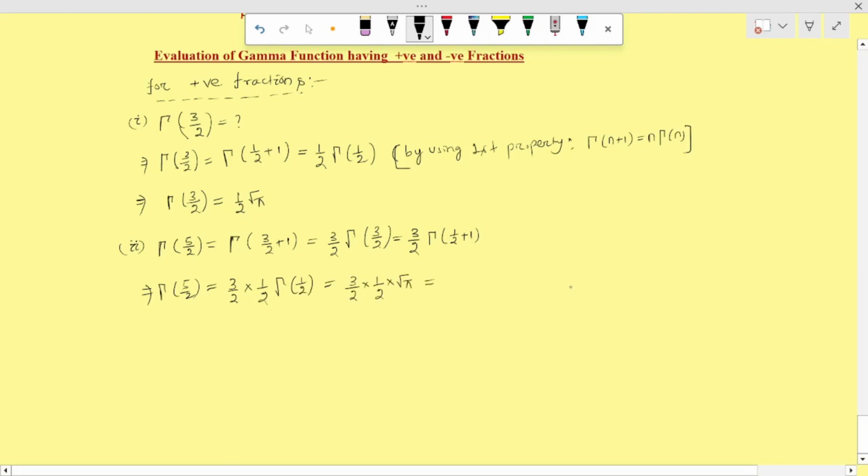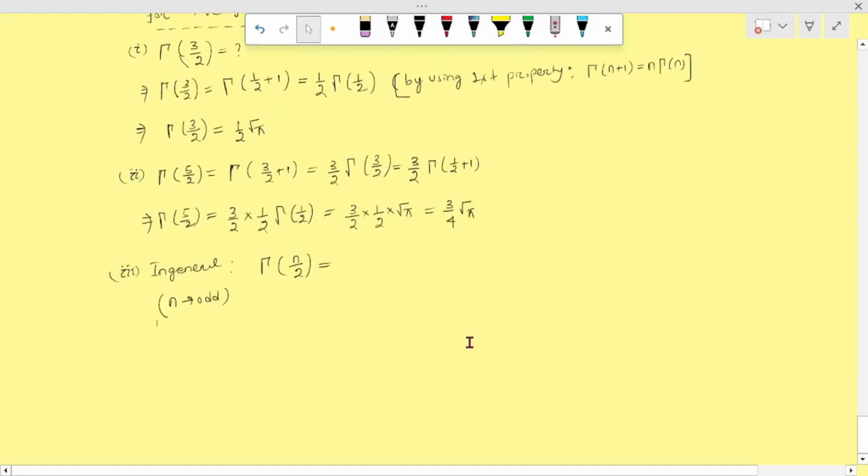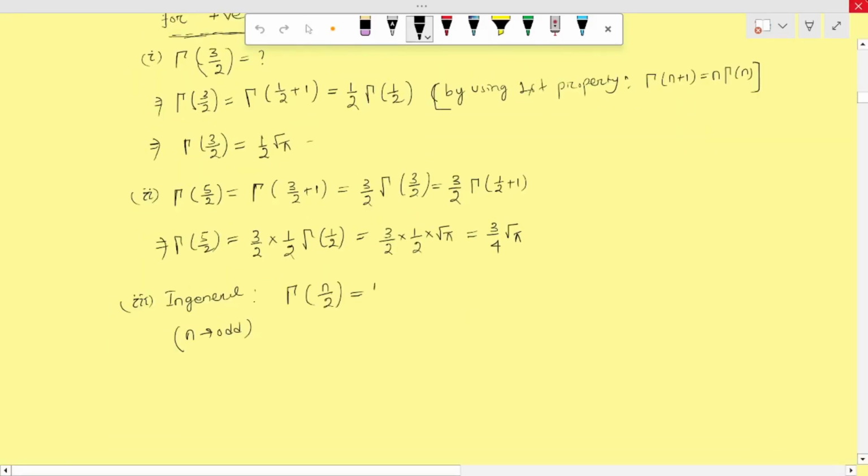Okay, this will be equal to 3 by 4 root pi. Similarly 7 by 2, 9 by 2, any value you can find out, or here you can write in general: gamma n by 2 will be equal to, and here you have to remember that this n is always odd. So for gamma n by 2, we can write in general as n